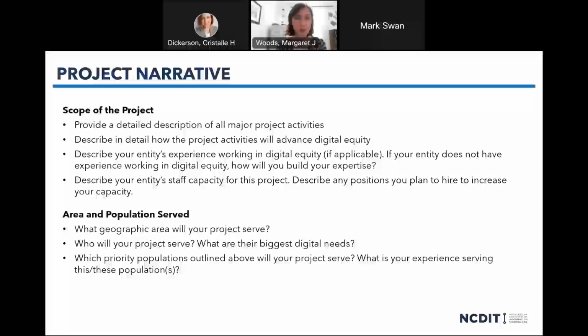So this is really where we're looking for some data. What do you know about this group in terms of what they need from a digital inclusion perspective? And then which priority populations outlined above will your project serve? And what is your experience serving these populations? And if you don't have experience, who are you bringing in as partners to ensure that you have the trust of that community? So let's move on to the next slide